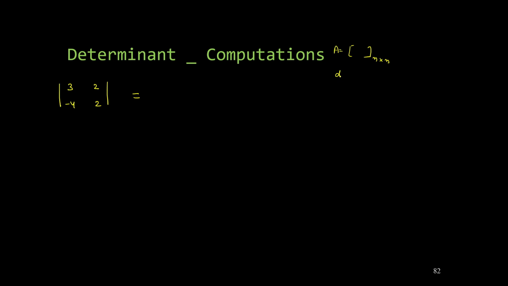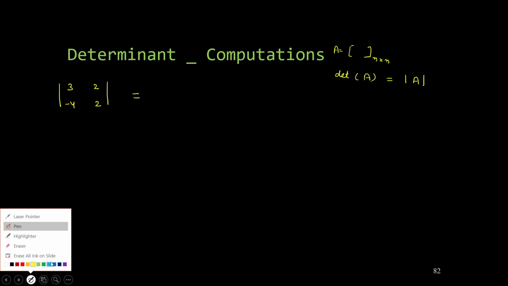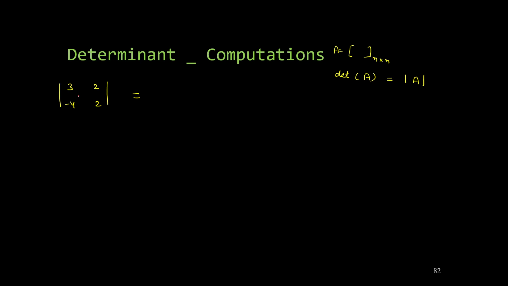So determinant of this matrix, we can either denote it by det, determinant of A, or sometimes we can also denote it by this notation. So we put it inside vertical bars. This is just a way of representing determinant. And how we compute this? So there is just a pattern which you need to follow if you are computing determinant. So first you multiply these two elements. So it is basically a particular way to multiply the entries of a matrix, right? That gives us the determinant.